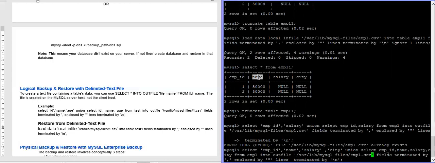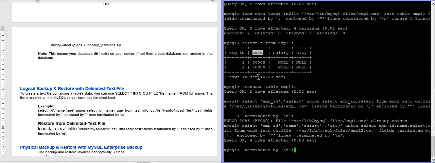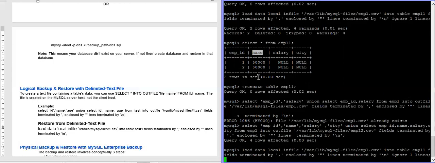Let's suppose I have created empl2.csv. It is created. Now I can load this file. Here we have to write empl2. The CSV file has been changed, and our table name is empl1. I have to ignore the first line. That's it.